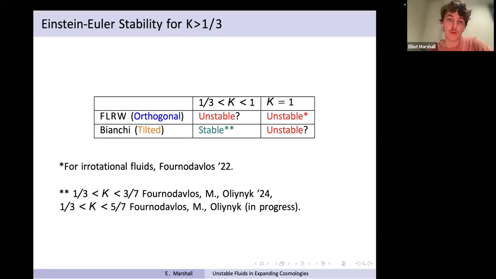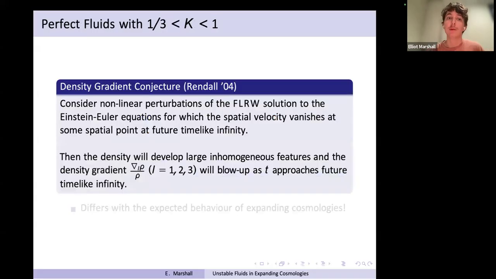And this is primarily due to a conjecture of Alan Rendall from about 20 years ago. So that's what I'll discuss now. What is Rendall's instability conjecture? So what Rendall was looking at was formal series expansions of the Einstein equations with positive cosmological constant at future timelike infinity. And what he found is that if the spatial fluid velocity vanished, at some point these expansions became inconsistent. So he conjectured that this was due to some sort of instability.